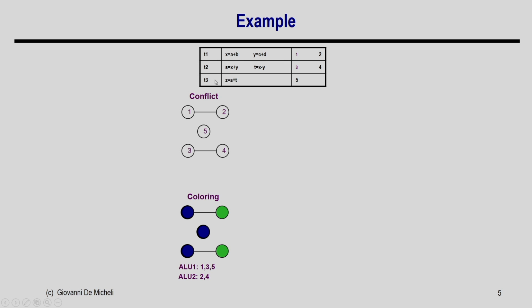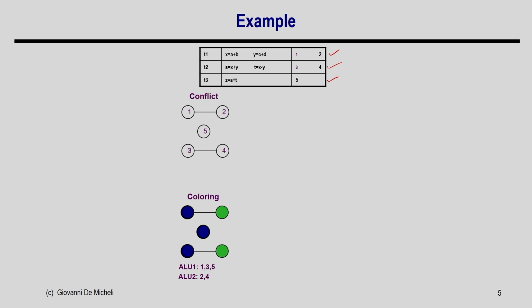Okay. And then just to give an example, suppose we have a schedule like this. There are 5 operations: operations 1 and 2 are scheduled in timestamp 1, operations 3 and 4 are scheduled in timestamp 2, and operation 5 is scheduled in timestamp 3. We have to consider operations of the same type at a time, because we cannot map a multiplier and an adder to the same FU, right. No point mapping a multiplier and an adder together. So, we are going to consider the multiplication mapping first, and then we will go for the mapping of the adder and so on, right.